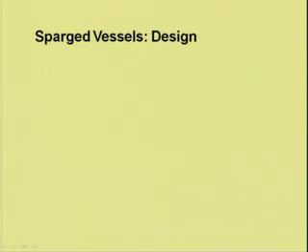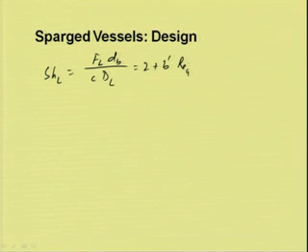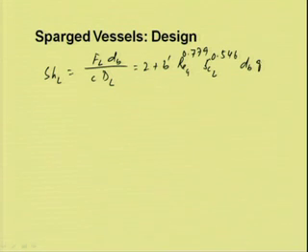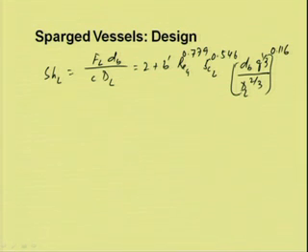In that case, the Sherwood number may be correlated as kL dB by DL, which is equal to 2 plus B dash Reg to the power 0.779 Schmidt number to the power 0.546 into dB g to the power half 1/3 divided by DL to the power 2/3, whole to the power 0.116,